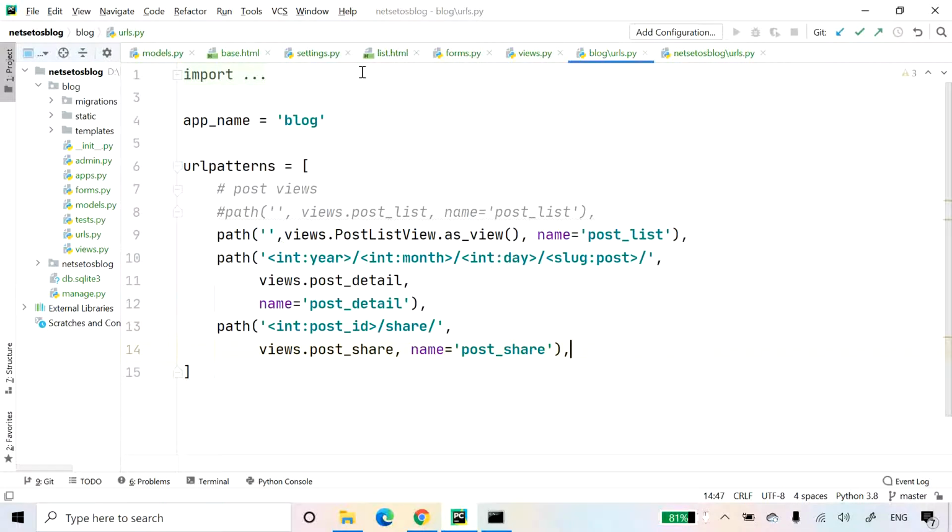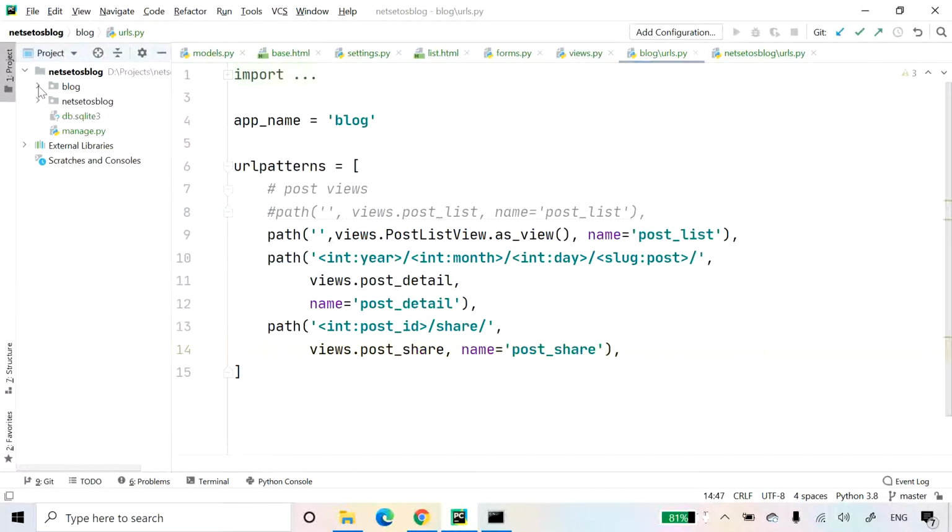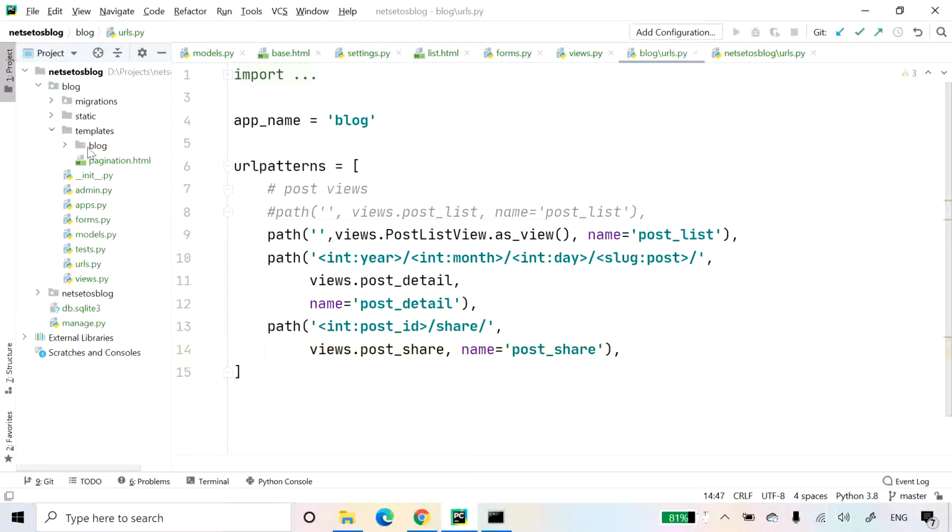Now we need to render forms in the template. We have created the form, programmed the view, and added the URL pattern. The only thing missing is the template for this view. So for that, I will go to blog, then templates, then blog, and inside blog I have a post directory.